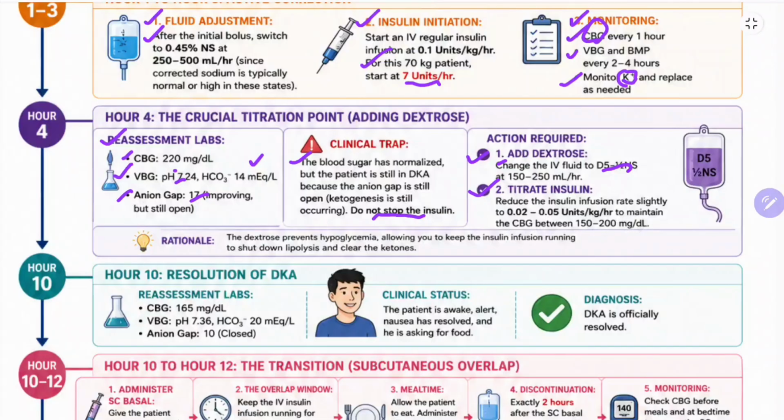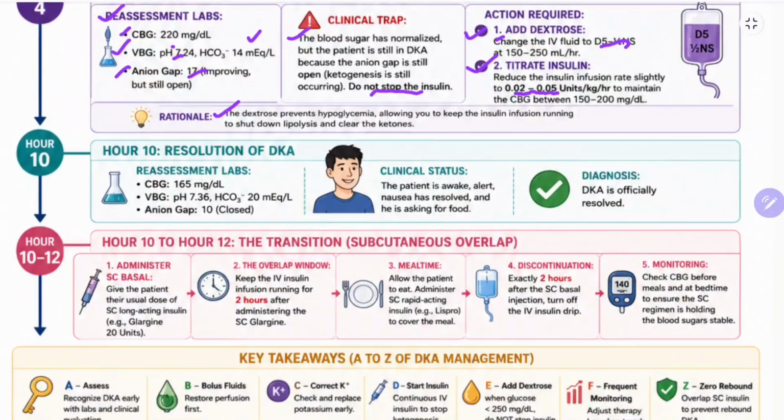We don't want blood sugar to fall rapidly now. That's why we are reducing the insulin infusion rate to 0.02 to 0.05 units per kg per hour, meaning less than half. Okay. What is the rationale? The dextrose prevents hypoglycemia, allowing you to keep the insulin infusion running to shut down lipolysis and clear the ketones. At hour 10,